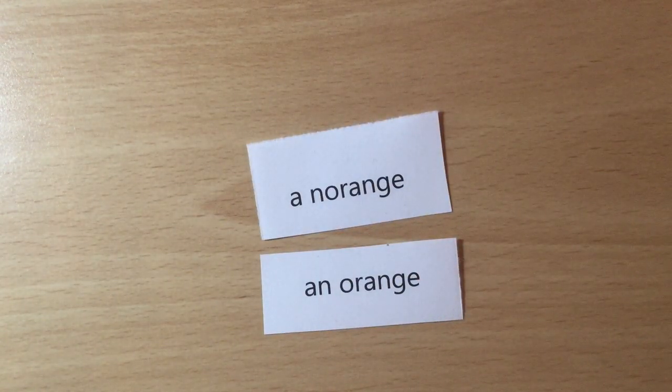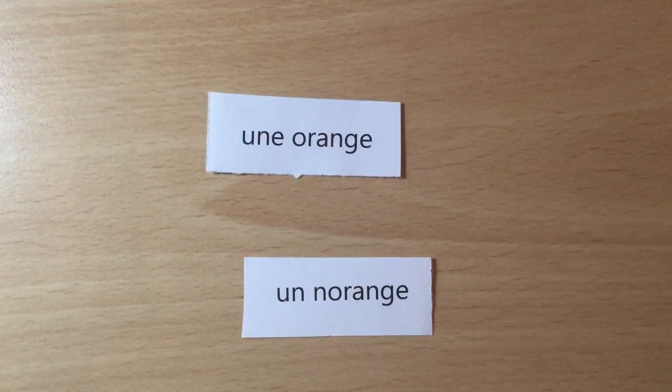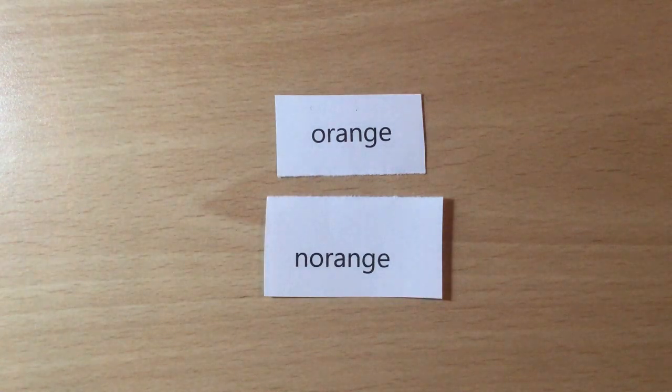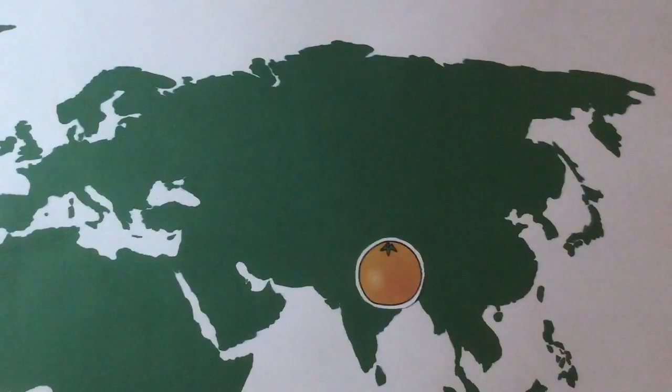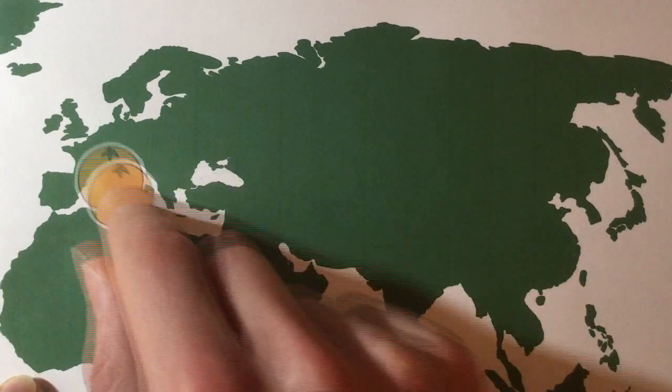And in French, the same thing applies. Un orange, un norange. It's hard to tell the difference. And that's what happened. Because you couldn't tell the difference between orange with or without an N in spoken language, it was very easy for the N to slip away, so it didn't survive into the English word orange. So, the word orange came to English from India, as the fruit spread through the Middle East and to Europe,